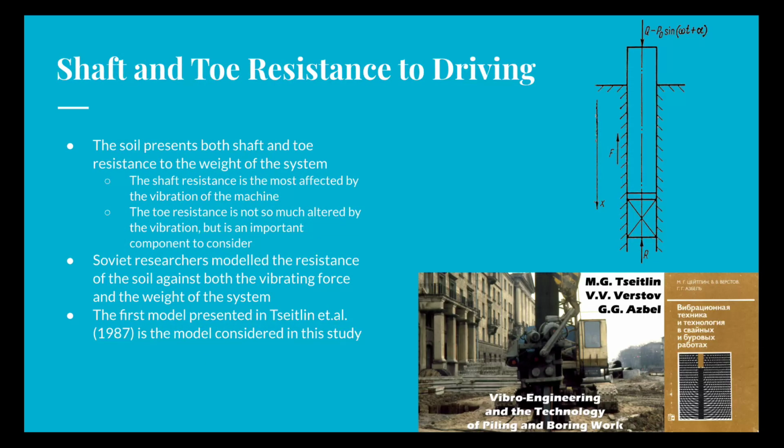Shaft and toe: the diagram in the upper right-hand corner shows the basic free body diagram. You've got a Q, which is a static force downward. The P0 times sine of omega t plus alpha is the dynamic force. And the F is the shaft resistance along the side of the pile, and the R is the toe resistance. And that particular model shows a purely plastic model, which is one we're going to